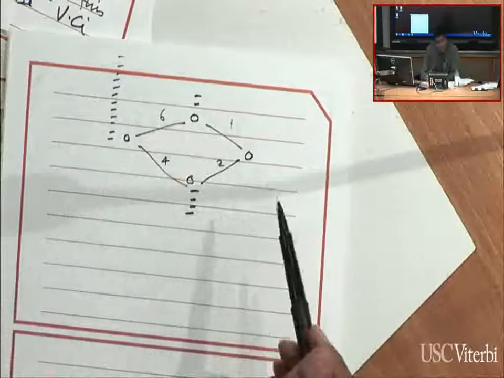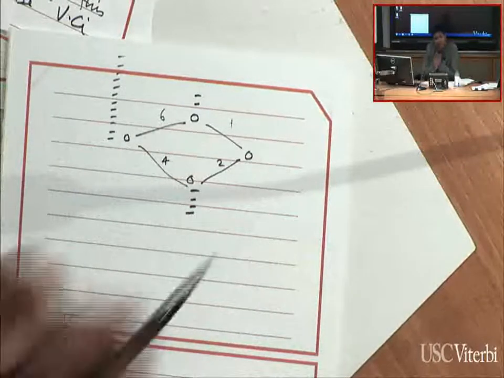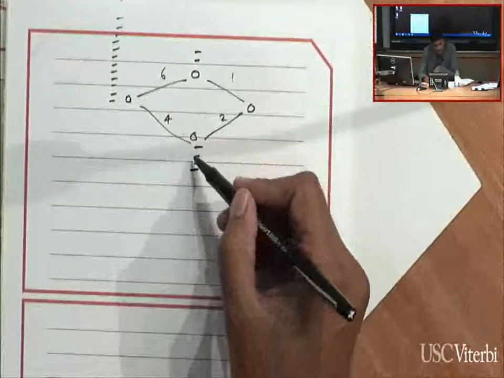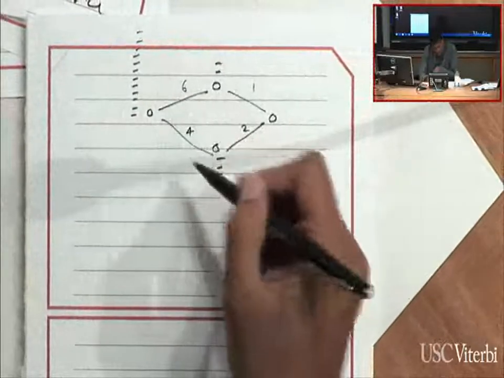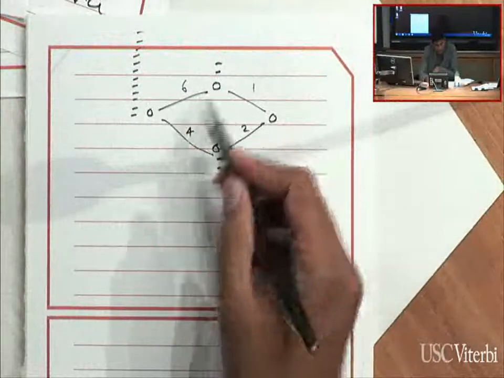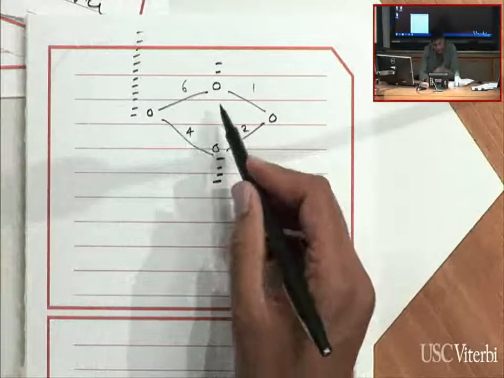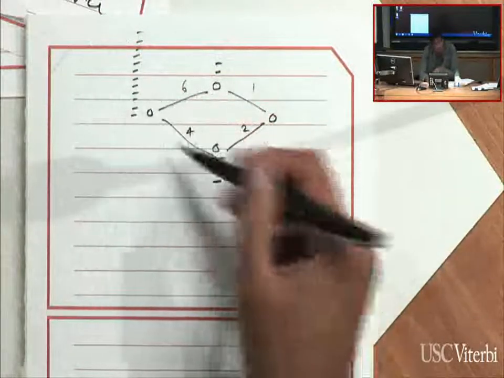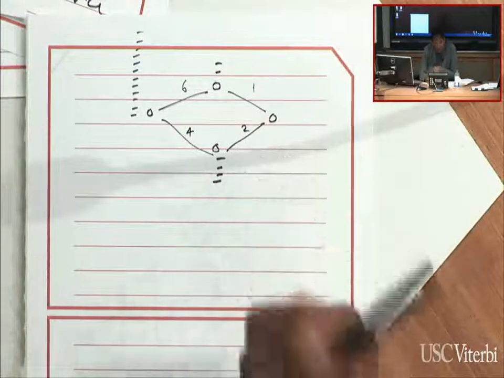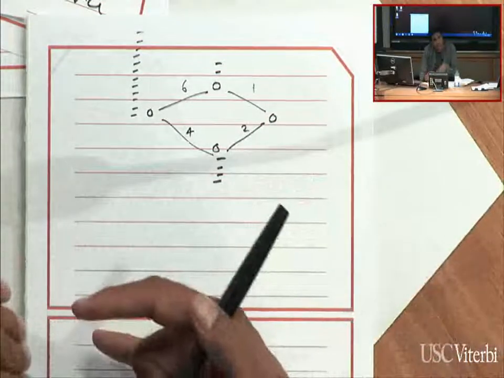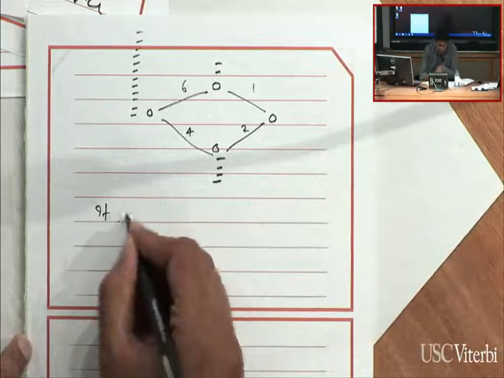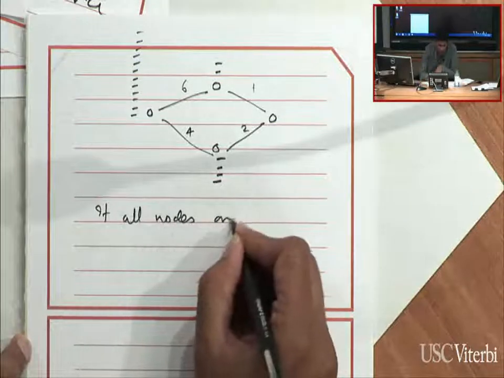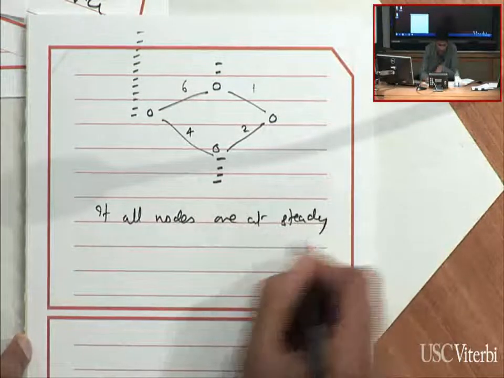Additional packets beyond and above the steady state. So if you had an initial set of packets that went through and established this gradient, from this point on, if node 4 has a packet, it will just go directly to the sink. If this node has any packet, it will go directly, depending on whichever one has the steeper gradient, depending on how many packets you have here, and the particular packets you have here, they will move in the corresponding direction. So the default route, in some sense, that you get with BCP is the shortest ETX path, right? Sort of if all nodes are at steady state